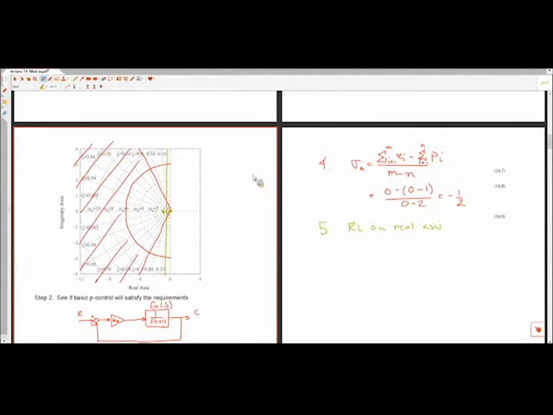Okay, where's my step 3? Okay, so the main message here, just for your notes,